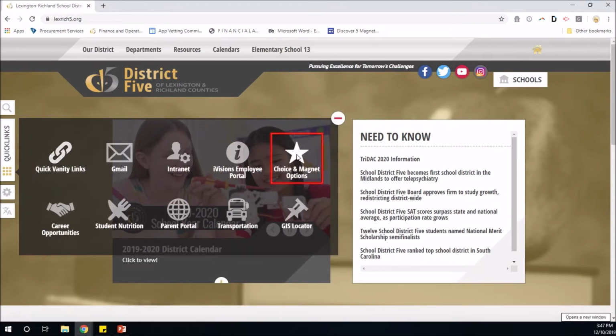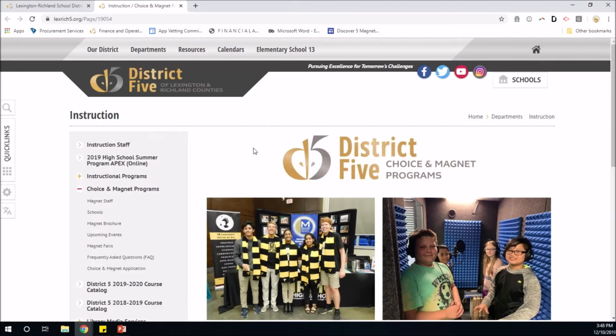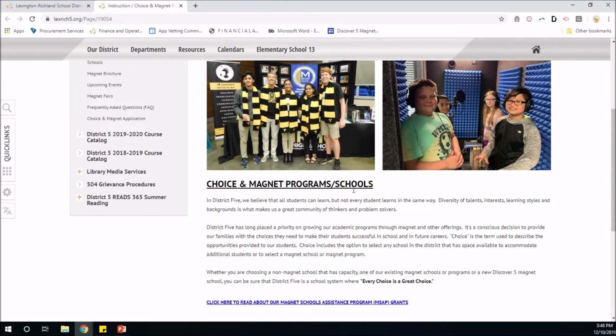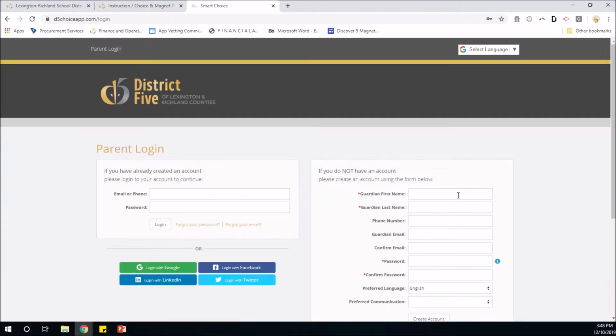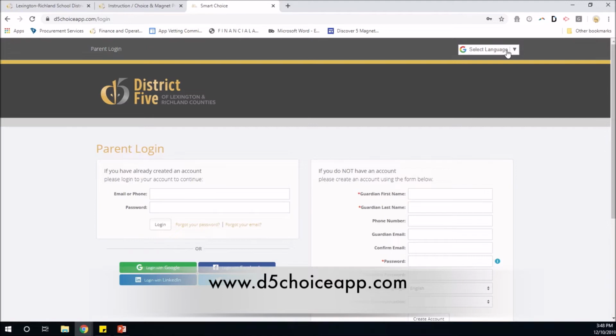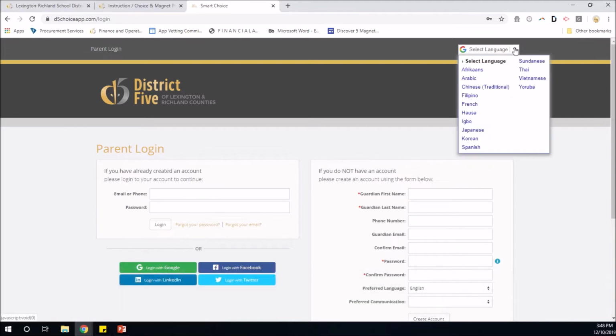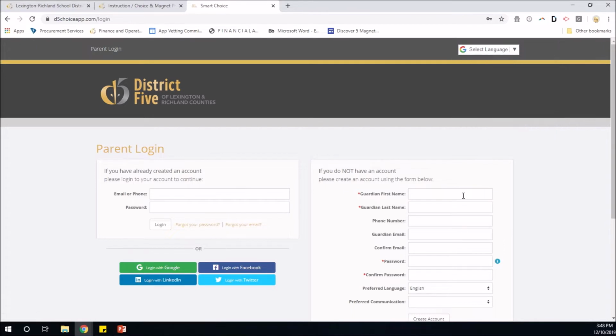Then click Choice and Magnet options. Scroll to the bottom of the page and click the icon that says Apply. Or, to go directly to the site, go to d5choiceapp.com in your browser. Once on the platform, you can select another language if needed prior to creating an account